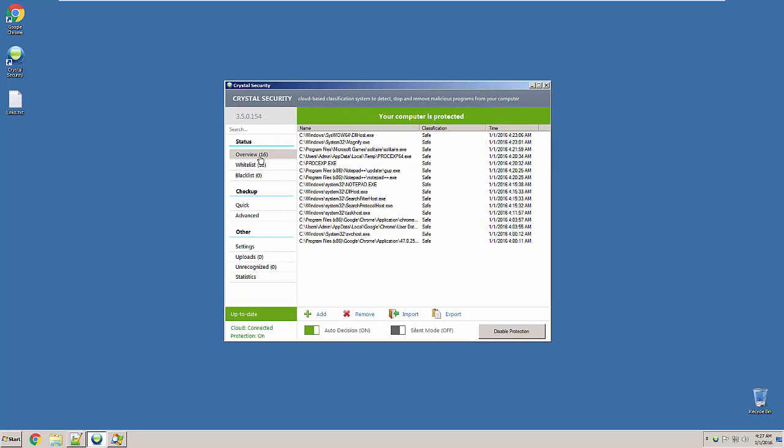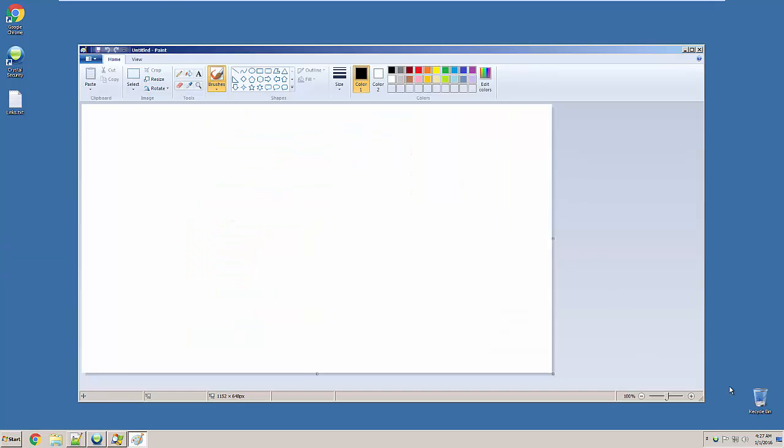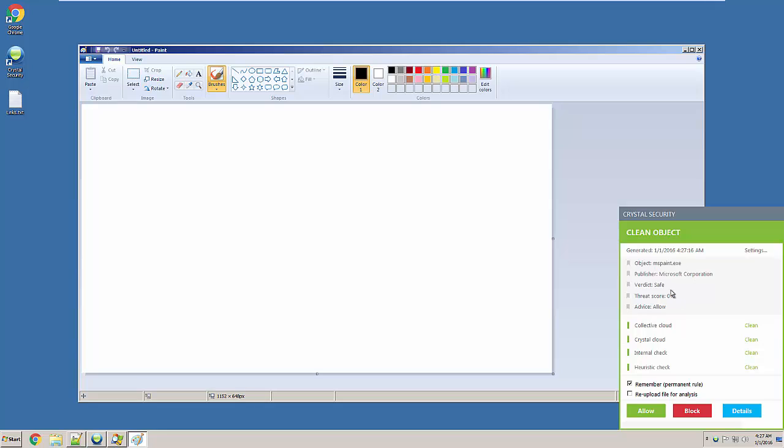It has some kind of whitelist, blacklist system. I'm assuming it must be like some kind of host intrusion prevention system. If you turn off the auto decision mode, it does an alert like this. Let me show you. It'll give you a pop-up about the specific object. For this particular test, we're going to actually